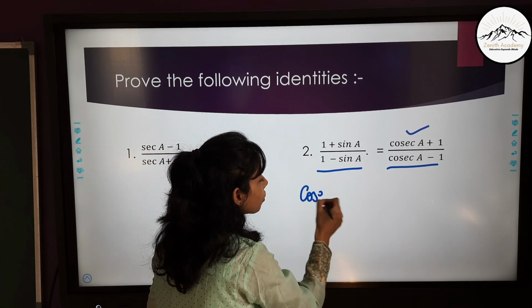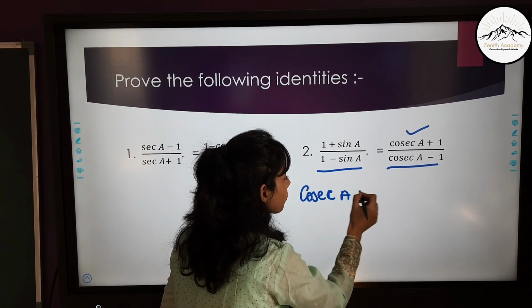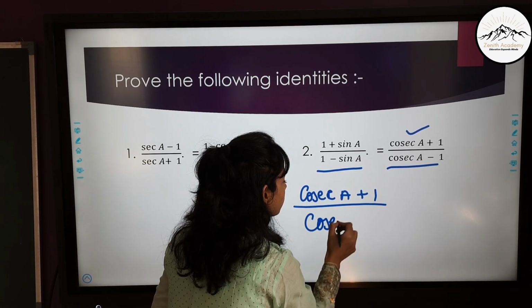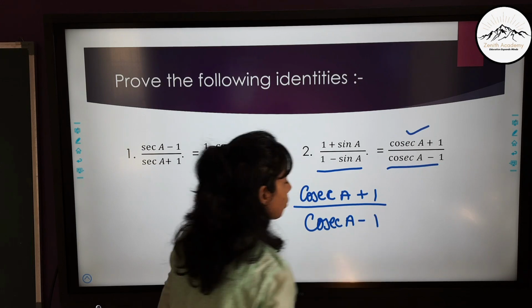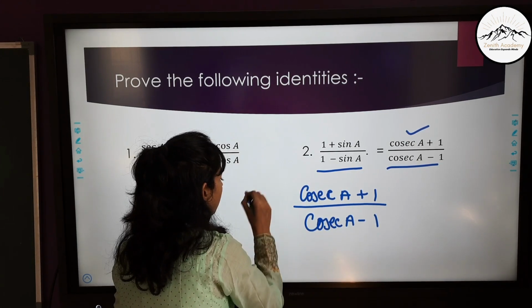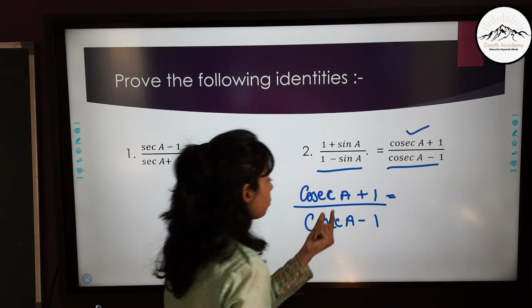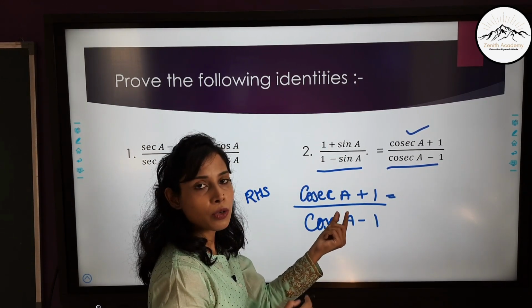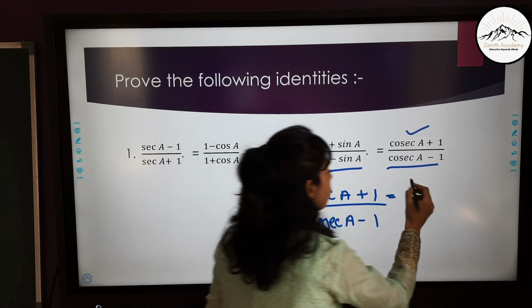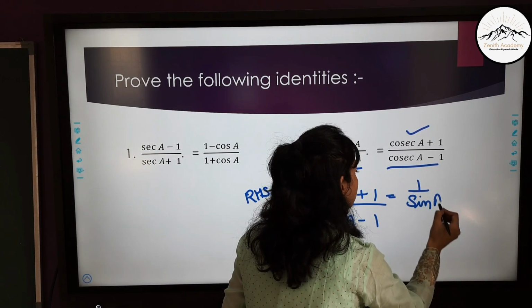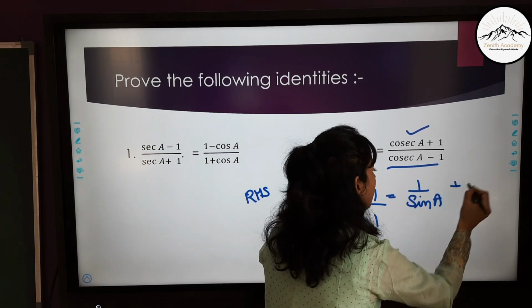So cosec A plus 1 upon cosec A minus 1 is our RHS. Now cosec A we know is the reciprocal of sine. So we can write it in terms of sine. 1 upon sine A plus 1